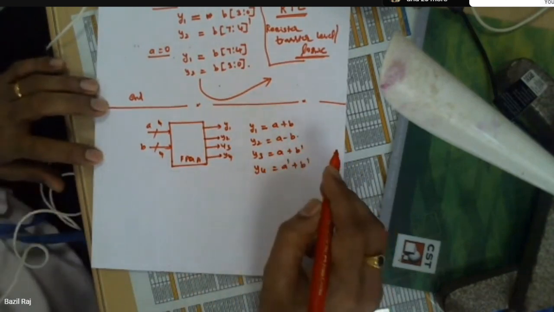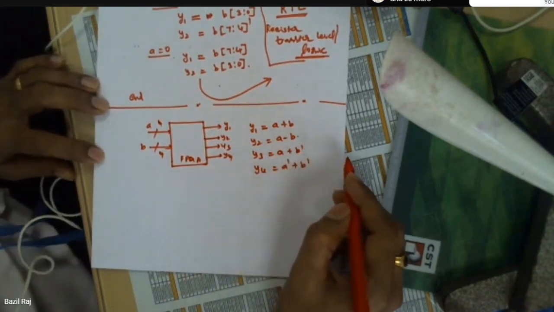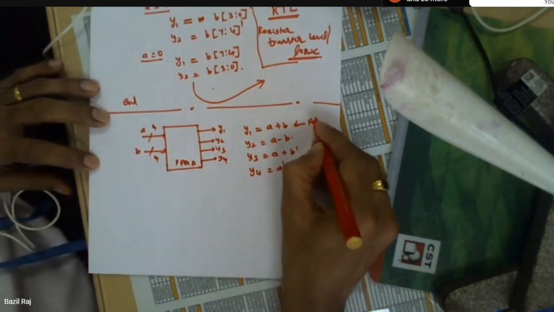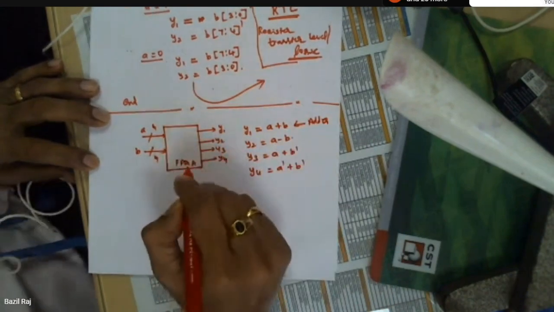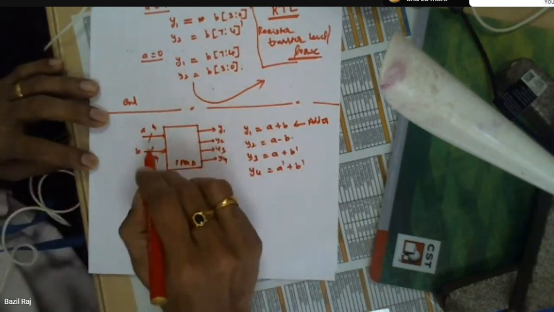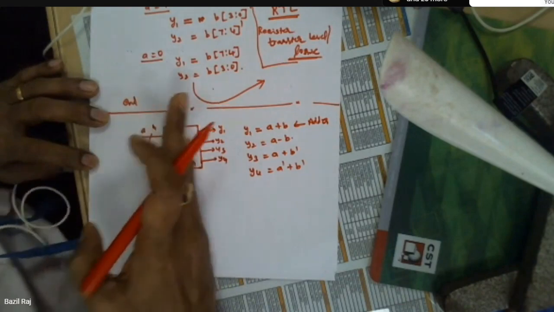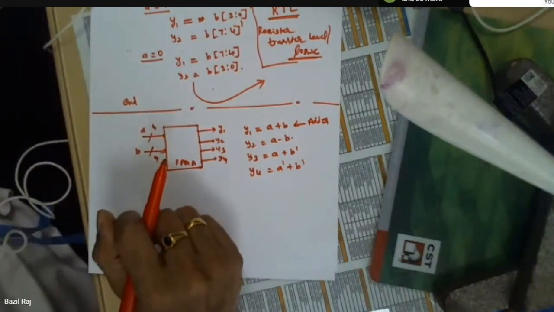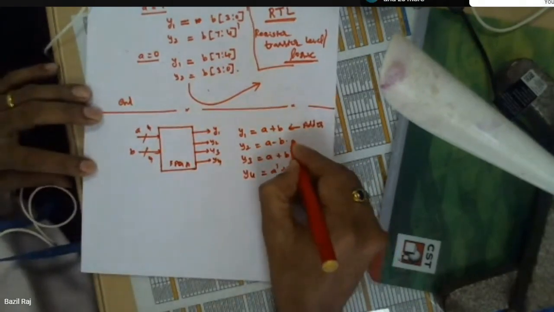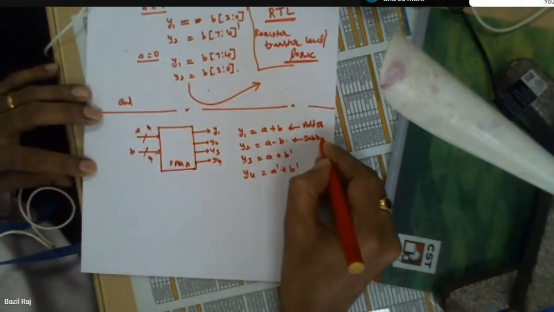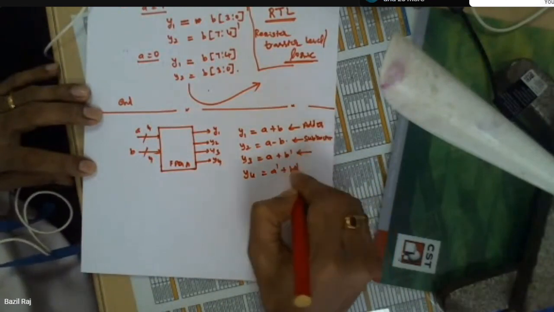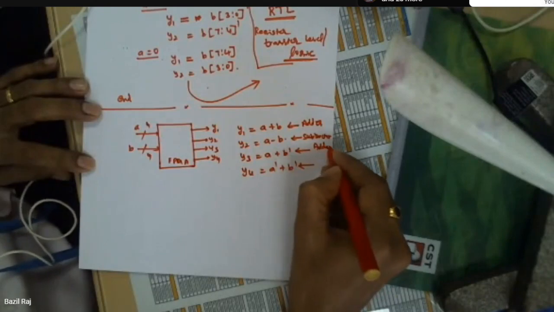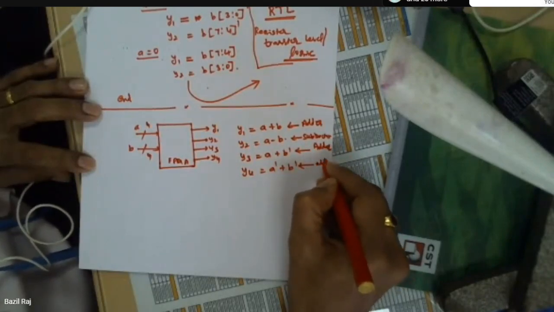Plus means straight away you can use the plus, right? So Y1 is the adder. Obviously it is a parallel adder, because A, B are both available and simultaneously given into the FPGA now. But we don't have any control over that addition now because we are using the plus operator. Then A minus B is the subtractor. Divider, multiplier we will see in the next example. Then here again adder.